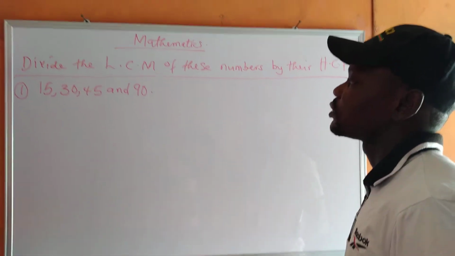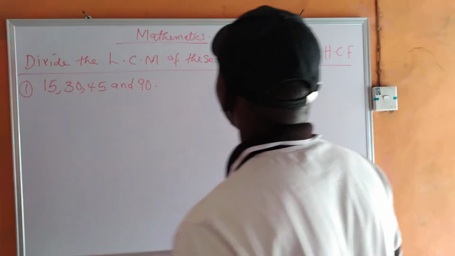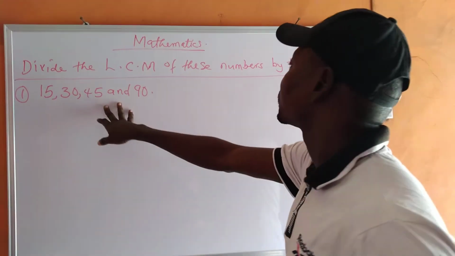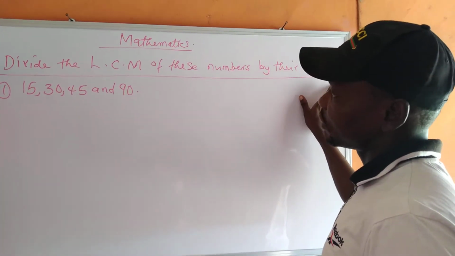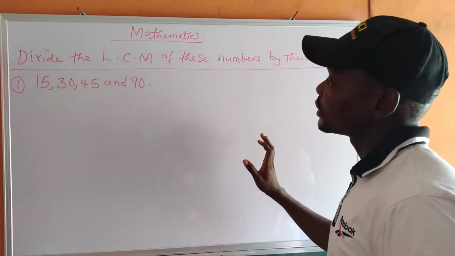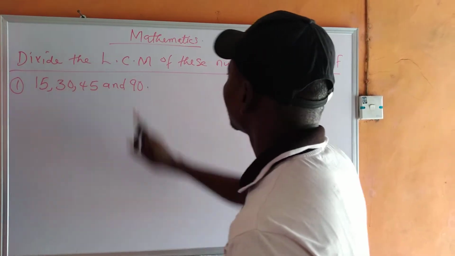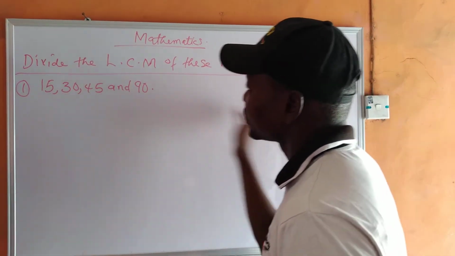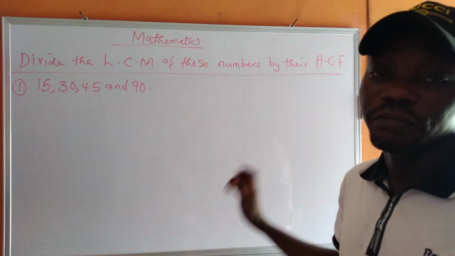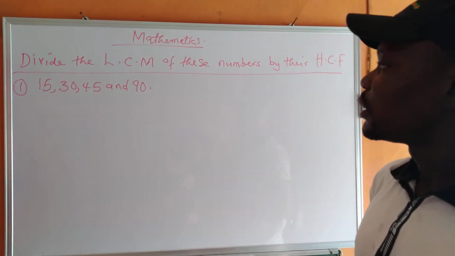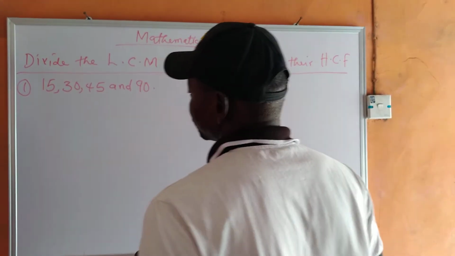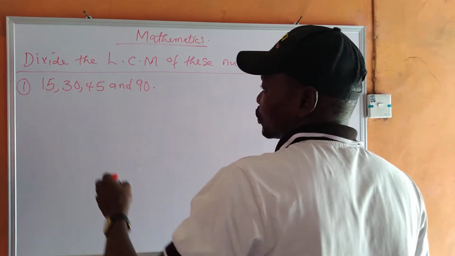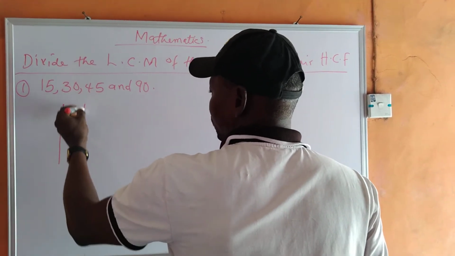As you can see on the board, we have to divide the L.C.M of these numbers by their H.C.F. What this question is telling you is that when you find the L.C.M of these numbers, and you find the H.C.F, you then divide the L.C.M by the H.C.F. So let's go and find the L.C.M first. We find it in our simple method way. We write them together